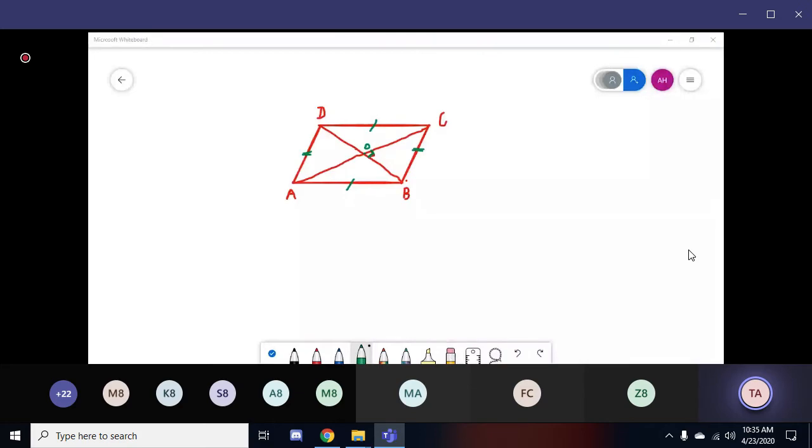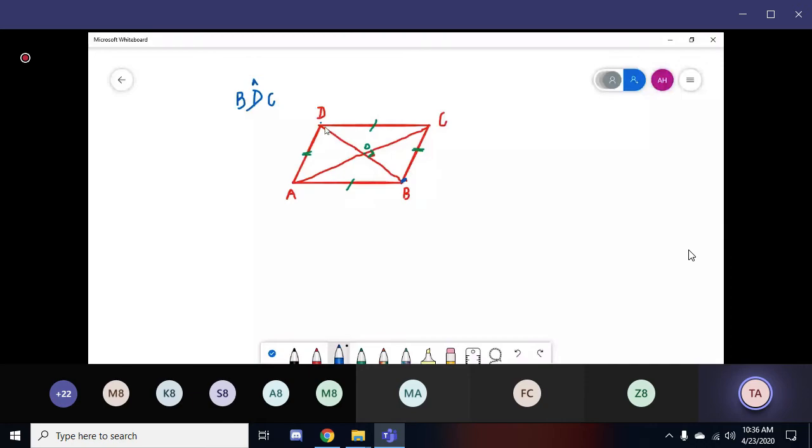Angle OAB, sorry, BDC. So where is angle BDC? Angle BDC is over here. B, D, C. I told you in the previous class, see the middle one. See this D. The angle would be formed at D. What if I mark angle BDC like this? This would be wrong. This is not 50 degrees. See, it is saying BDC. So from B, go to D and then C. So this portion is 50 degrees.